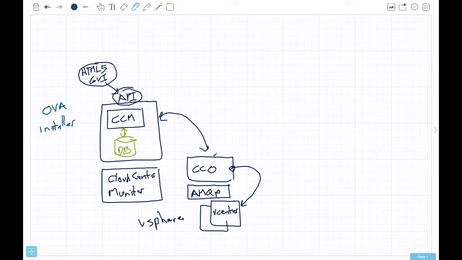And what the CCO does is it gets the instructions. So CCM says, okay, I've got an application. Maybe it's something like IPAM, and I need to install this onto vCenter. So it sends the commands to vCenter. And what will happen then is that CCO will then start up the VMs. And as the VMs start up,